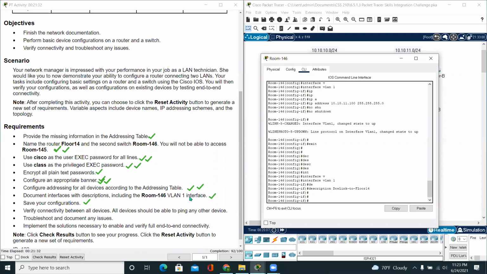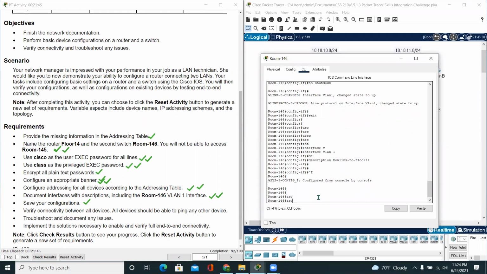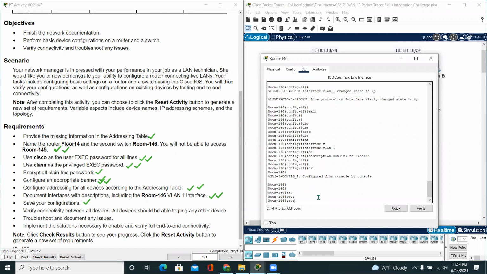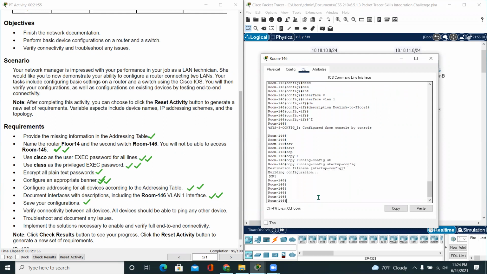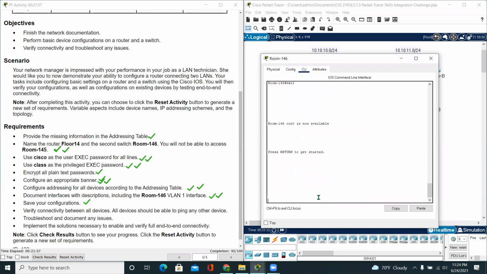So we just finished giving this a description as well, saving the configuration. Exit, save, copy running config to startup config, perfect, and exit. We did this as well. Now, excuse me, we will be